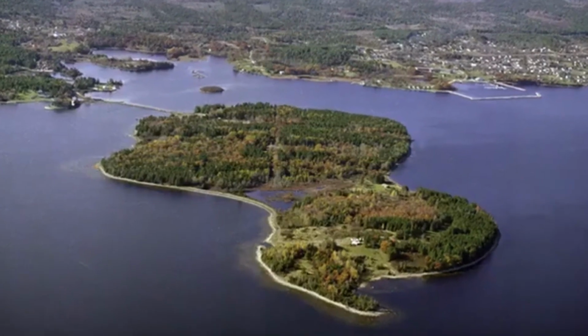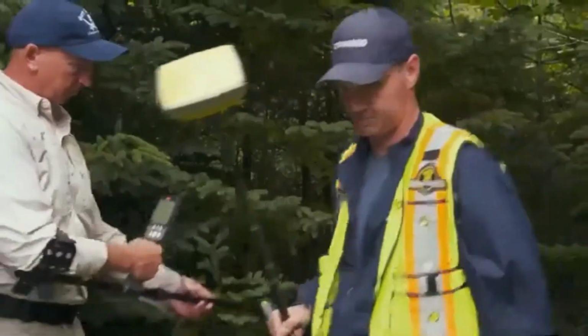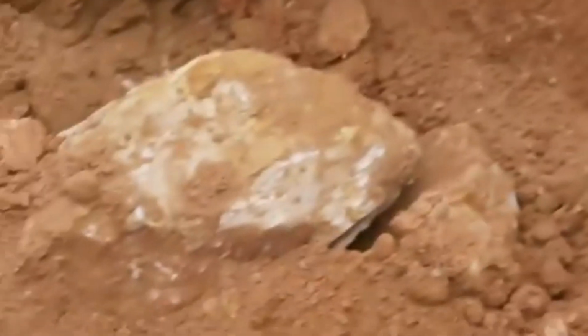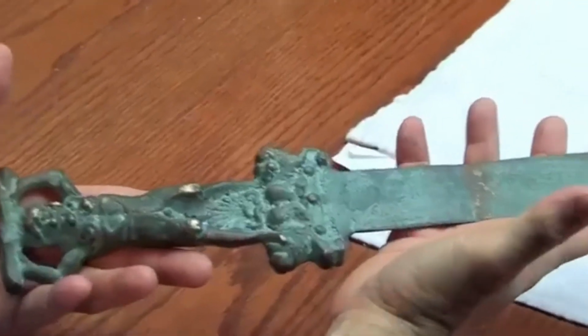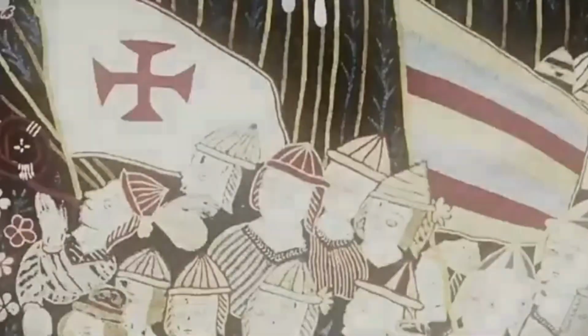Every step forward brought them closer to potentially history-changing revelations. Rick, Marty, and their team investigated a strange depression in the ground near Dave's house, thinking it could be an important lead. Jack, another team member, compared the old map with a new satellite image. Surprisingly, the map's boundaries matched perfectly with the island's current shores. Even more remarkably, the map roughly depicted Dave's driveway and home, hinting at a connection between the historical document and